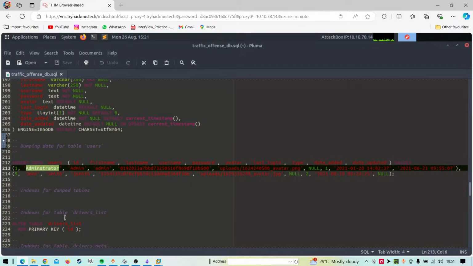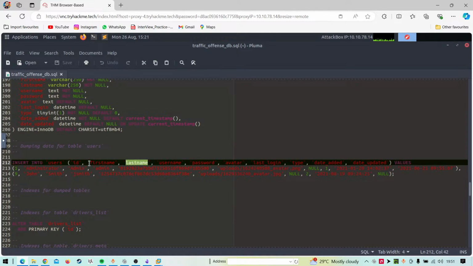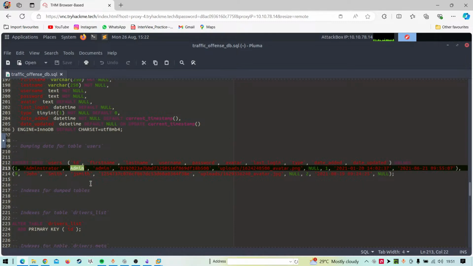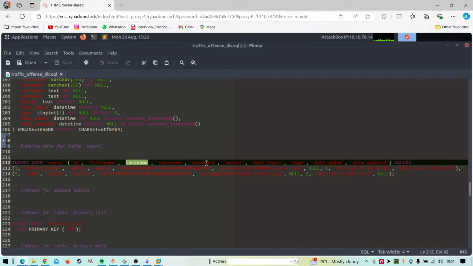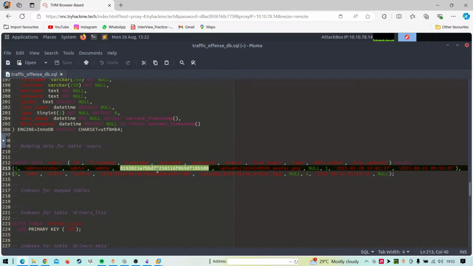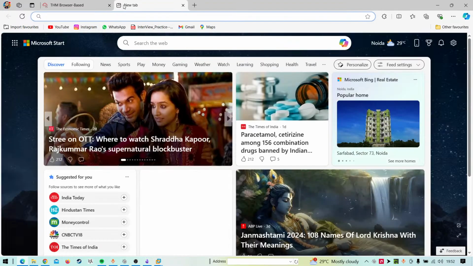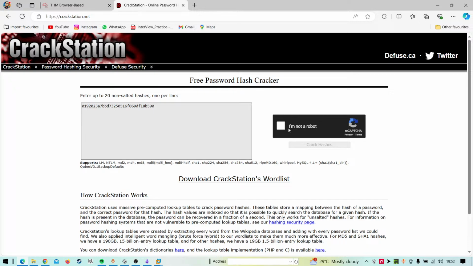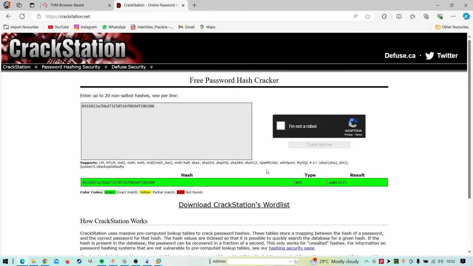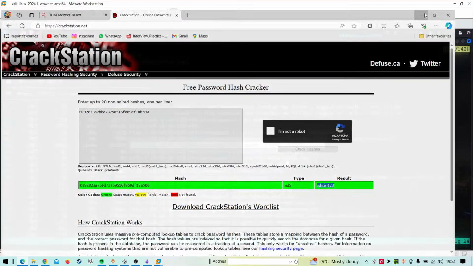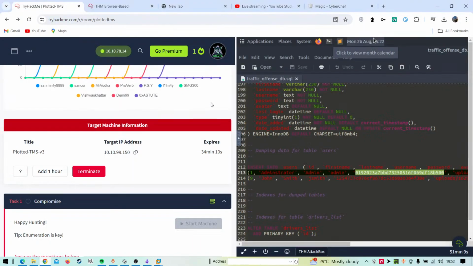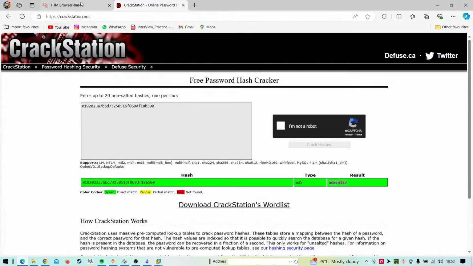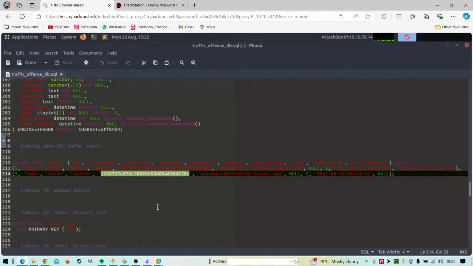First name, that is your administrator. Okay. And last name. The password will be this one, and the username is this one. So we have an admin, the hash. We'll just copy this and go to crackstation.net, and we have admin123. This could be a password for our target? Let's try to crack this one also.